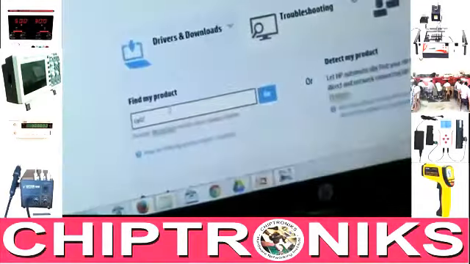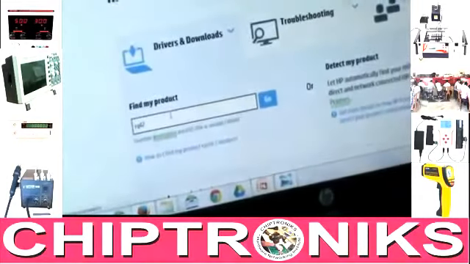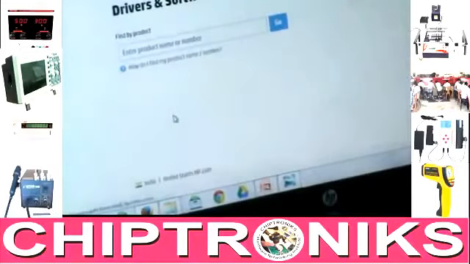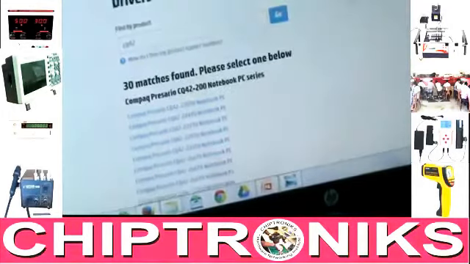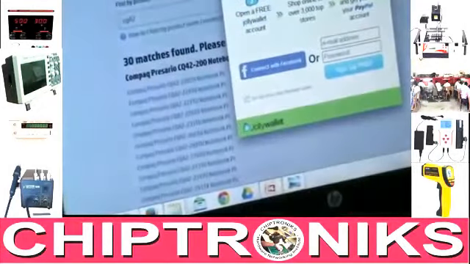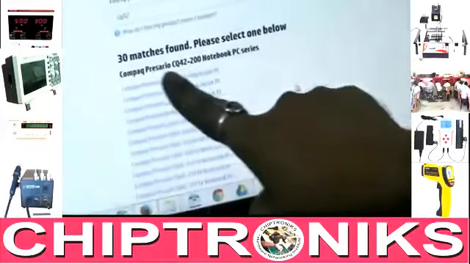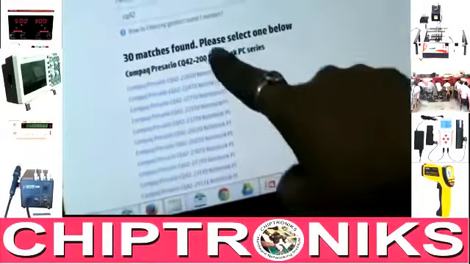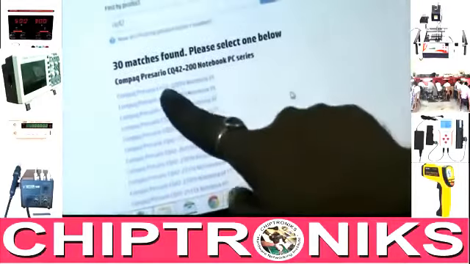Here I'll type CQ42 and you see a lot of models available. CQ42 200 means the CQ42 model 200 series.